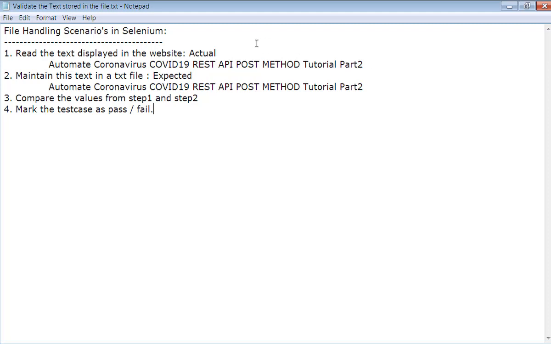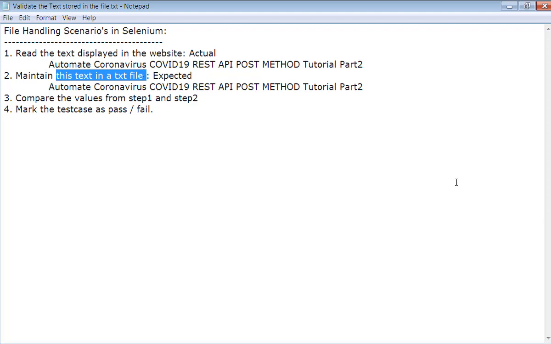Now, once we maintain this text in a text file, we have to write a logic to read this text from the text file. To understand how we are going to read a file in Java, Java has provided an API of different classes that help us read a text file.